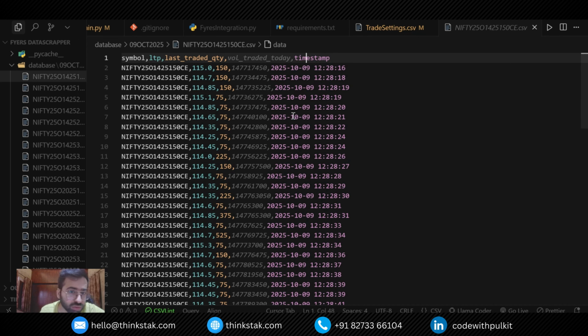Later on, you can use this data to create candlesticks and implement any strategy on it, and create your own backtesting algorithms on it. So this data is only for testing purposes. This is not for actual strategy performance, but it will give you an idea how things are working. So that's it. If you have any similar requirements, let me know.